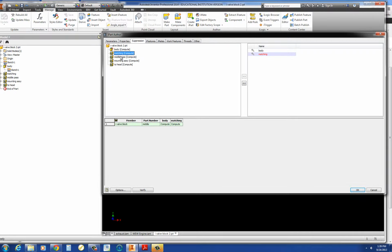If you double click on it, it puts it in the other one. So you can see that in the middle part, all these are computed. We're going to suppress some of these features in the next parts. So now I'm going to right click here and insert a row. When I do that, I have iValve block again, and this one I'm going to call the intake. So we might call this middle,